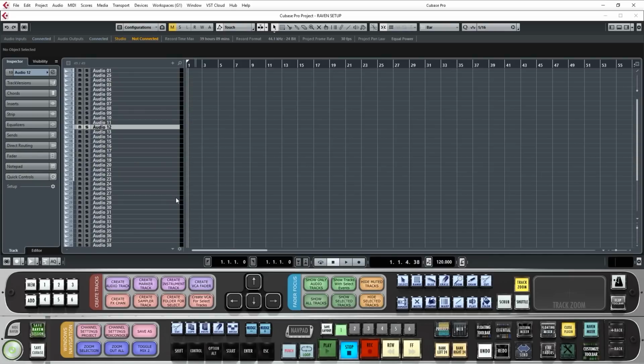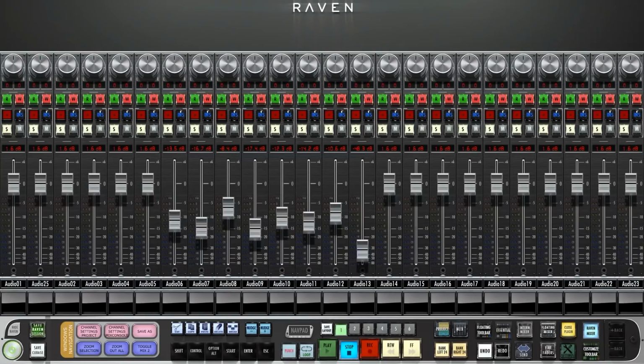The Raven software has the option to choose between 3 main 24-channel mixers. The first is called the external mixer, labeled Extern Mixer. This is our own design mixer that covers the entire Raven screen and sits on top of Cubase and Nuendo. The channel settings window and plugins will hover above this mixer. The other mixer is called the internal mixer, labeled Intern Mixer.